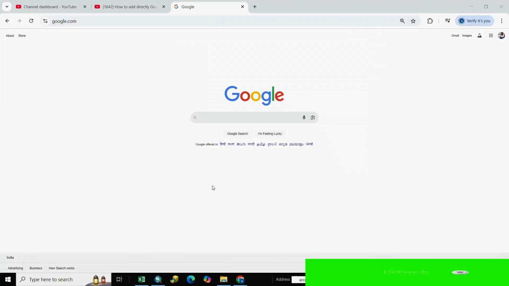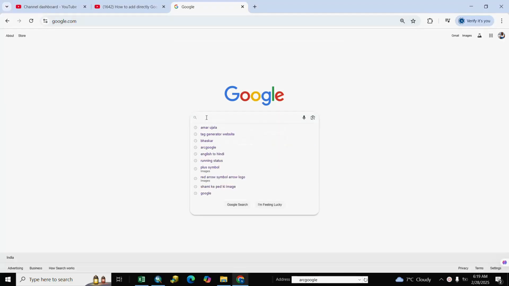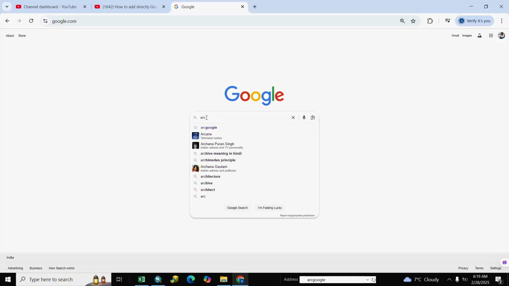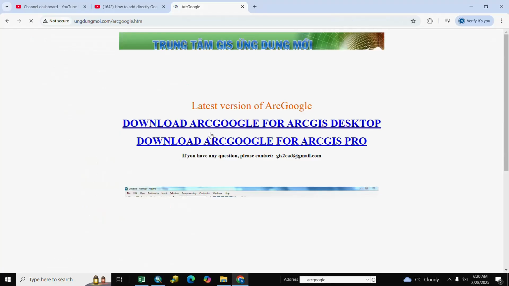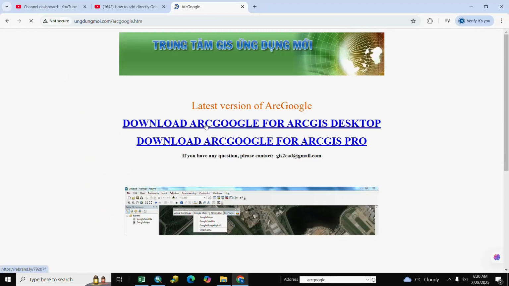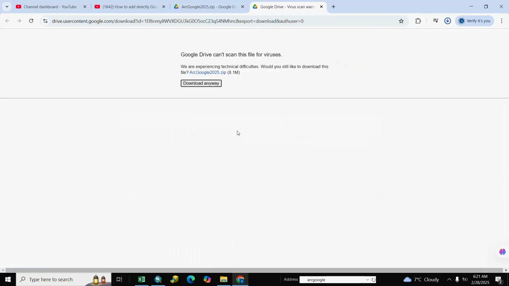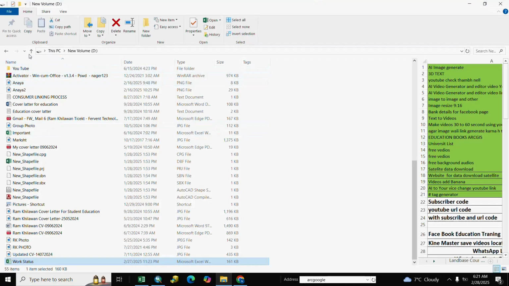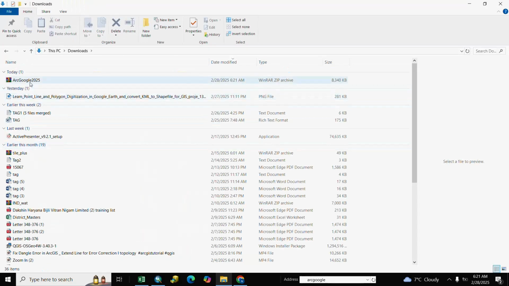Let's start. Here is our Google. We search here ArcGoogle. After that, we click here and download ArcGoogle for ArcDesktop. Here is the download.